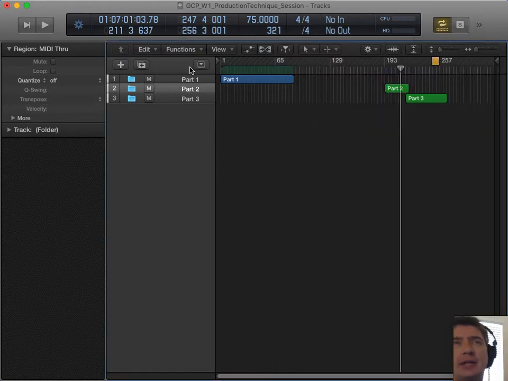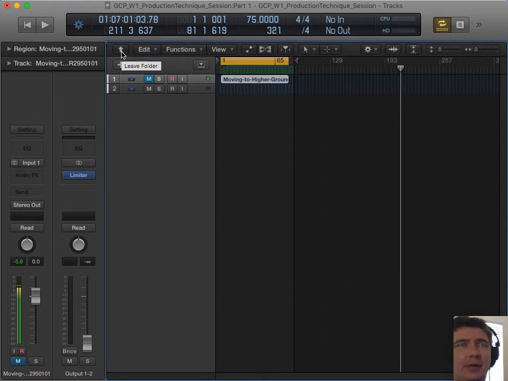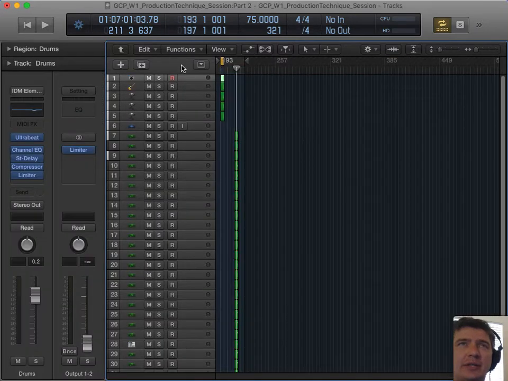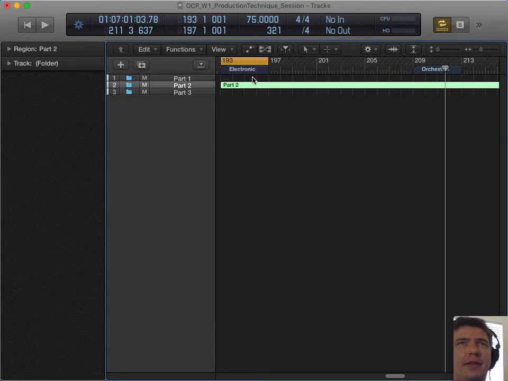The assignment comes in 3 parts, and you can get access to any of these 3 parts just by double clicking on that particular region. You can hit this up arrow over here to get out of this particular folder track. You can double click into this part. Let me just kind of tidy this up a bit. You can back out of there.